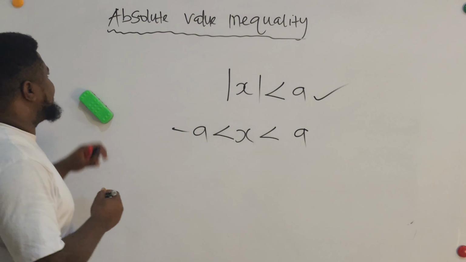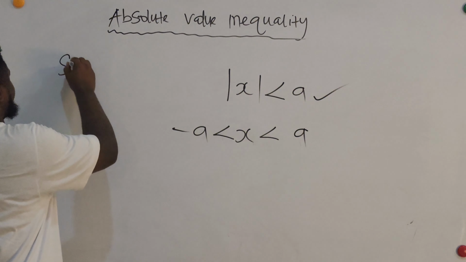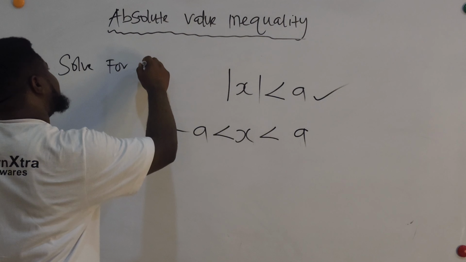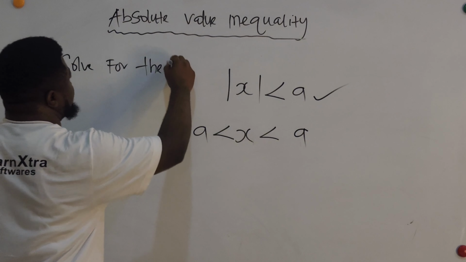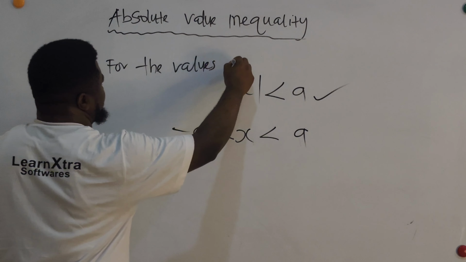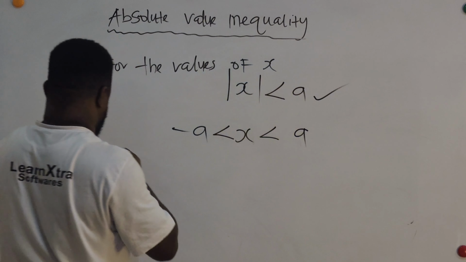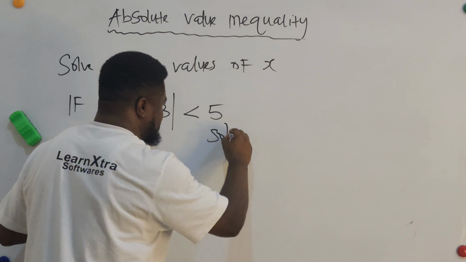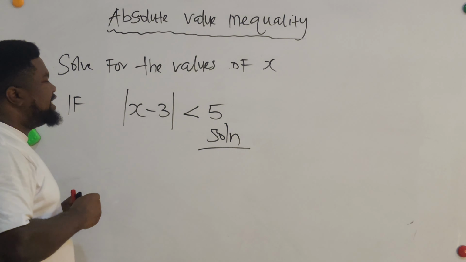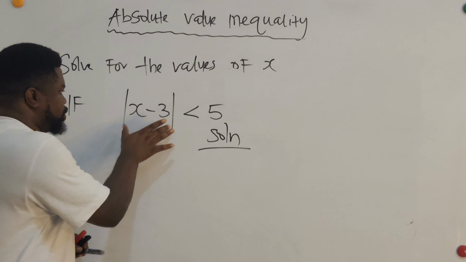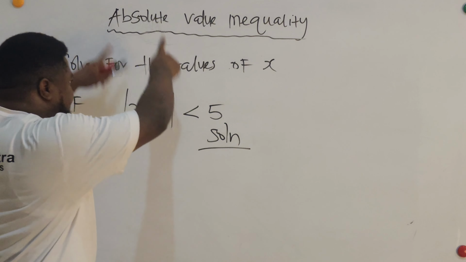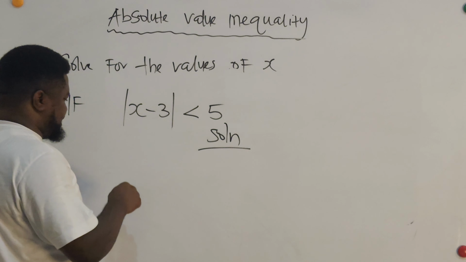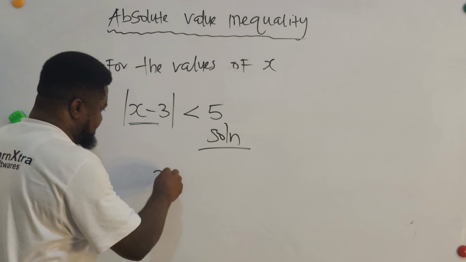So if I give you this now to solve for the values of x, it's simple. Solution. What do we do? The first thing is to remove the absolute value. Remove it. This red line, remove it. How do we remove it? It's simple. You just say this thing, x minus 3,